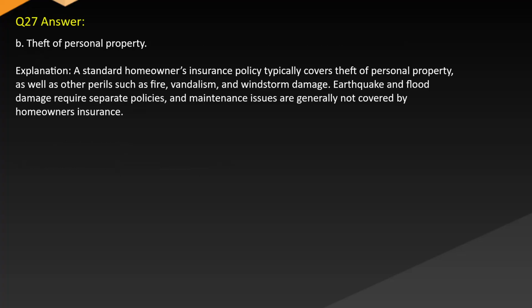Answer B. Theft of personal property. Explanation. A standard homeowner's insurance policy typically covers theft of personal property as well as other perils such as fire, vandalism, and windstorm damage. Earthquake and flood damage require separate policies, and maintenance issues are generally not covered by homeowners